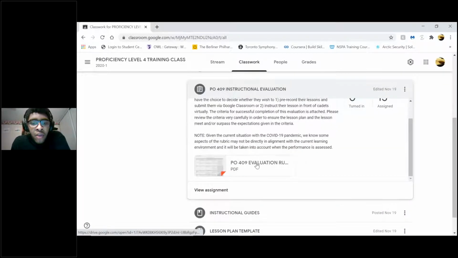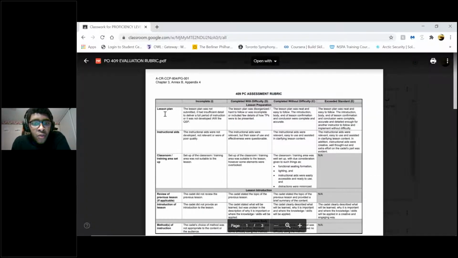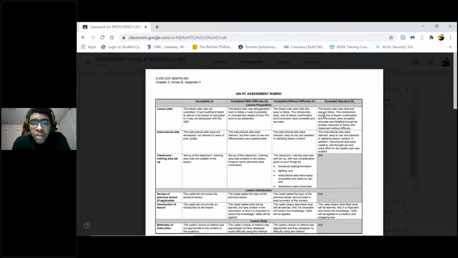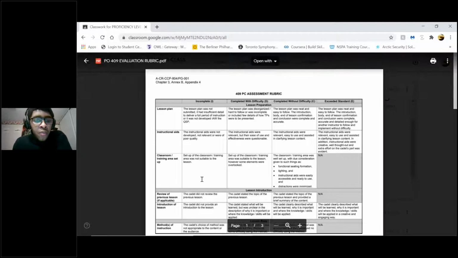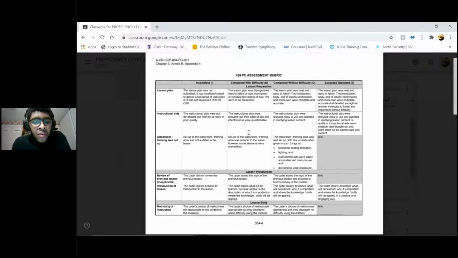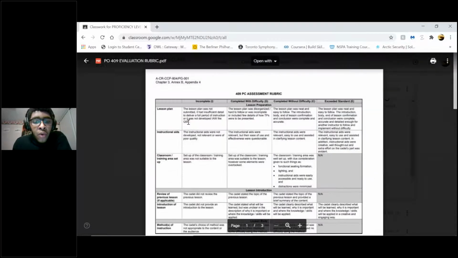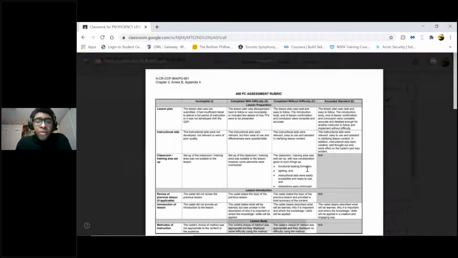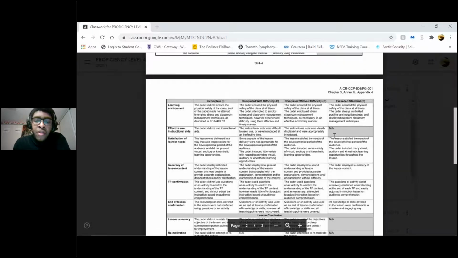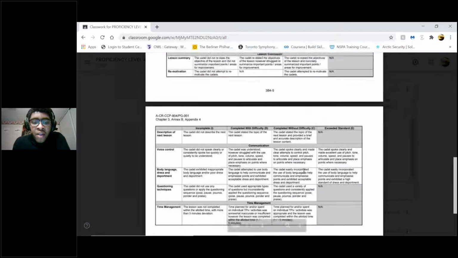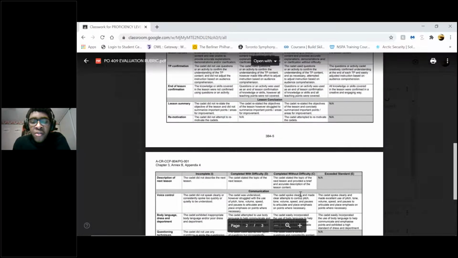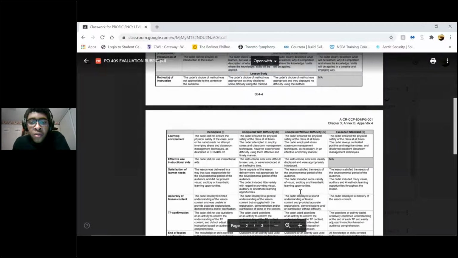In terms of the evaluation, it's all in the rubric here. You can score an incomplete, completed with difficulty, completed without difficulty, or exceeded standard. Each section guides you on what's expected of you to complete this evaluation successfully. As long as you follow the criteria listed in this rubric and plan your lesson along the guidelines, you should have no issue coming out with completed without difficulty or exceeded